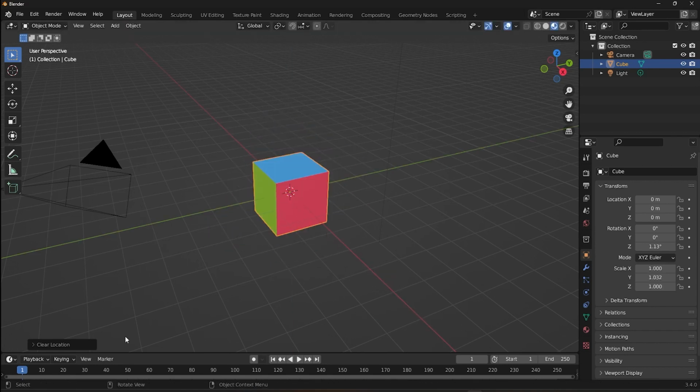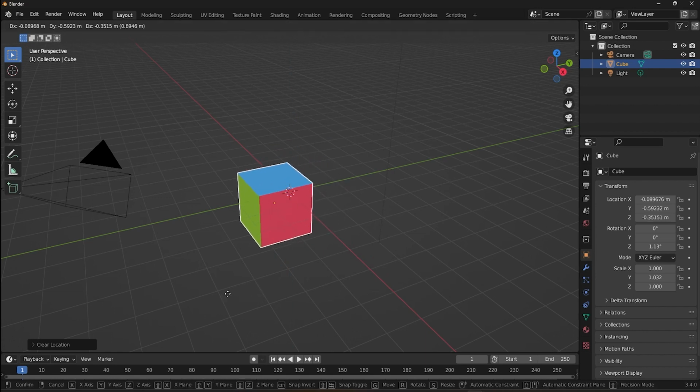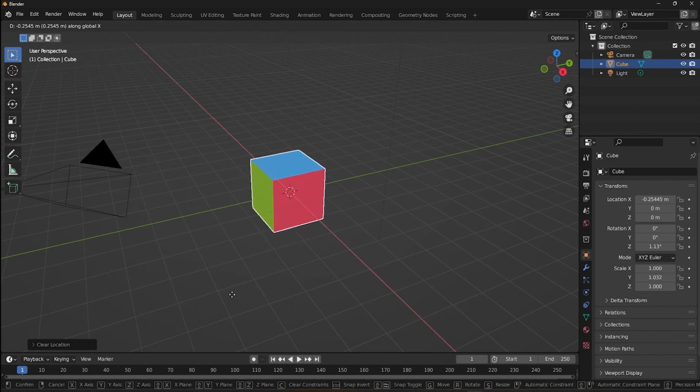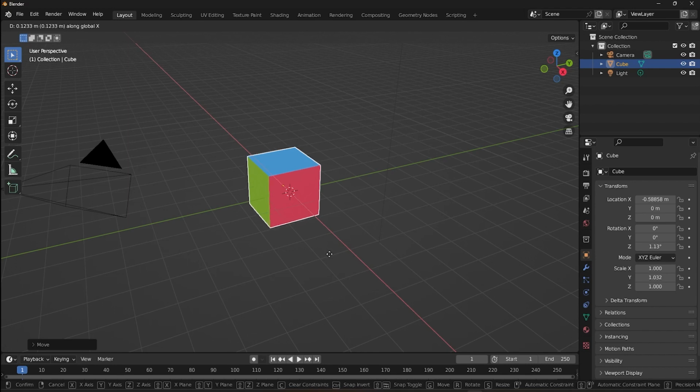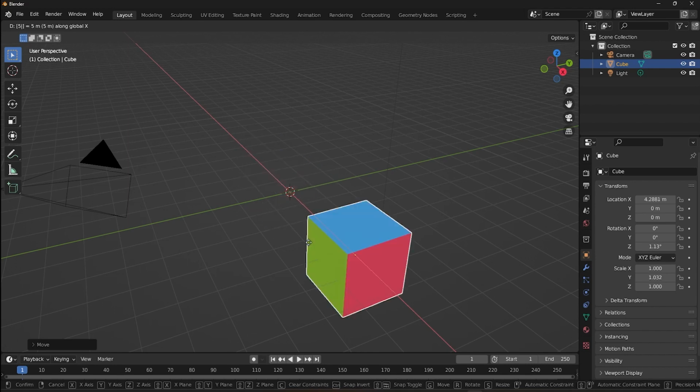If you know the exact value by which you want to do transformation, head over to the bottom here to open up this menu. You can type the value by which you wish to make the transformation in this field as well. Or else, you can just type the value right after you press the axis key while doing transformations. Like, press G and X to move it along the x-axis and press 5 to move the cube by 5